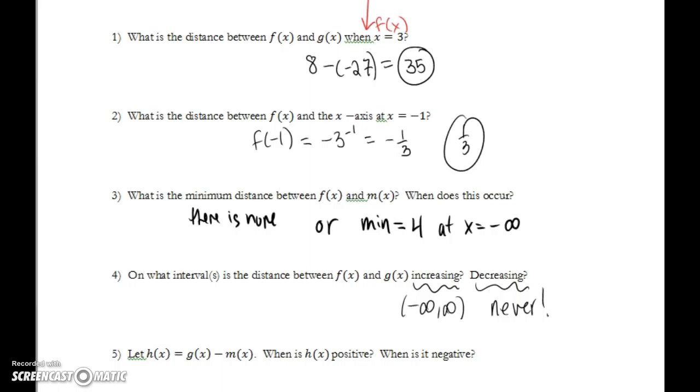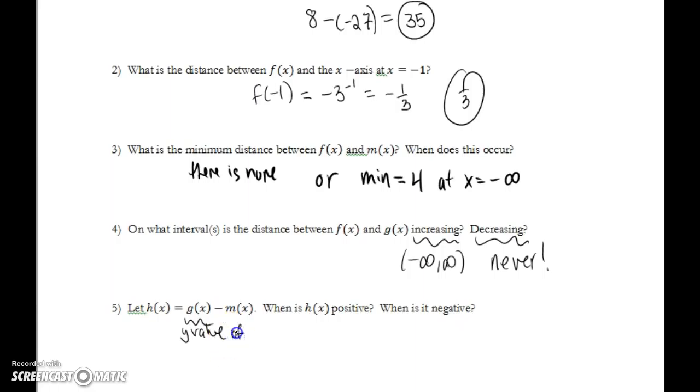Finally, it says let h of x equal g of x minus m of x. So now we're comparing g and m. When is the difference positive? When is the difference negative? Well, g of x is the y value of g, and m of x is the y value of m. Okay, so we're comparing the y values. And when is the difference going to be positive? So h of x is positive